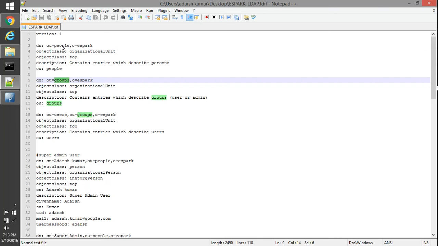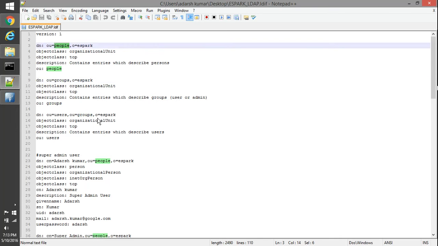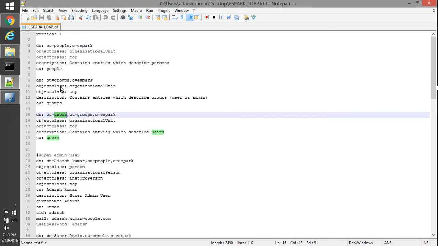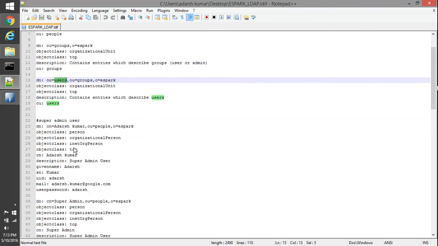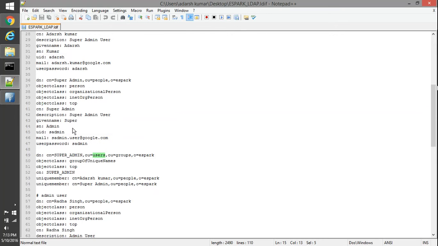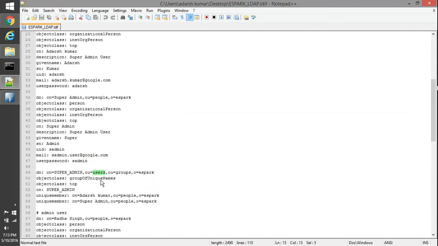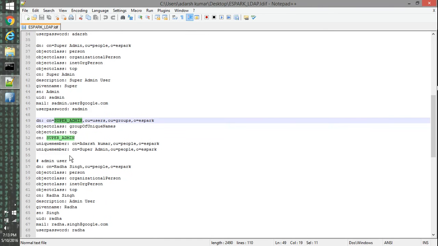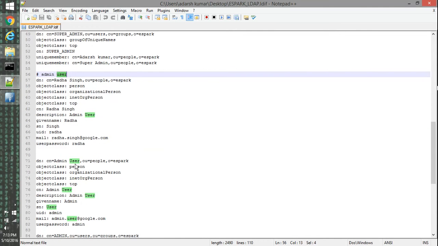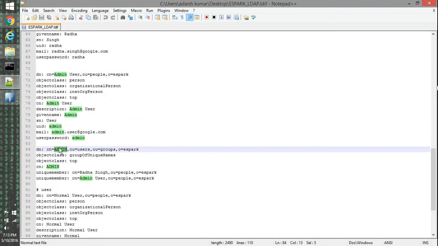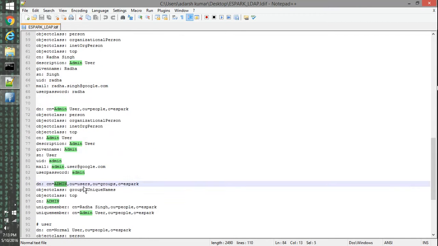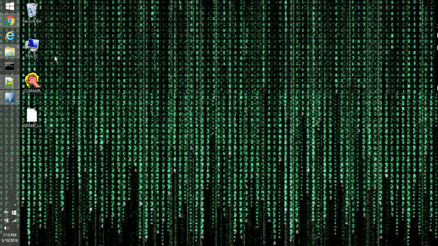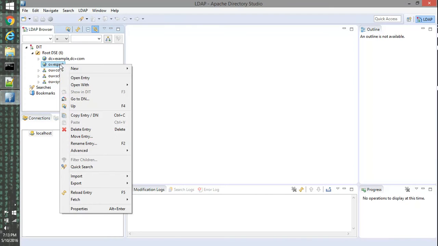All users come inside people, and inside groups there will be super admin, admin user, and normal user. So I'm going to import this LDAP file that I created into my partition.